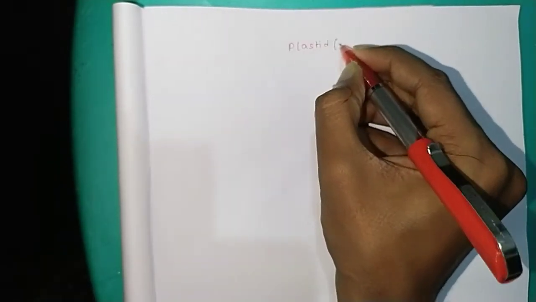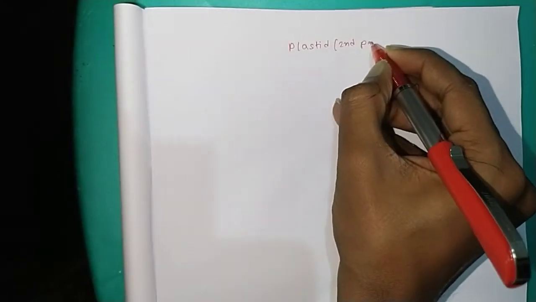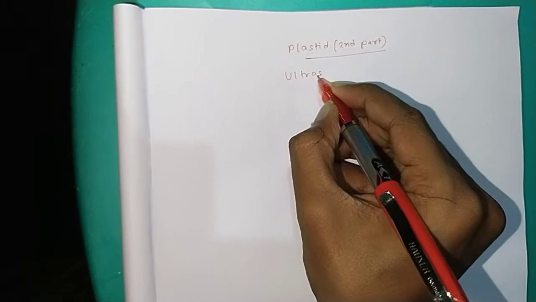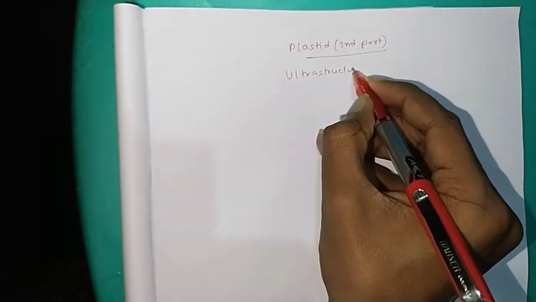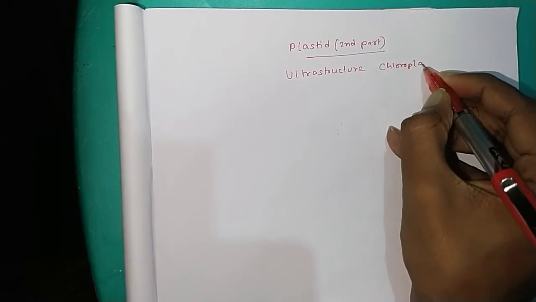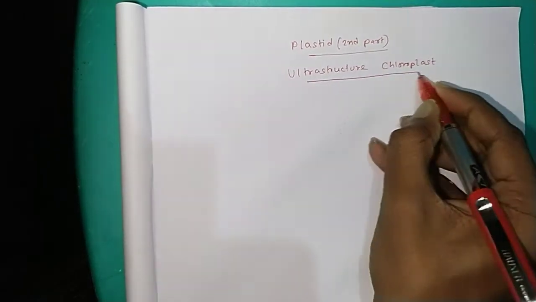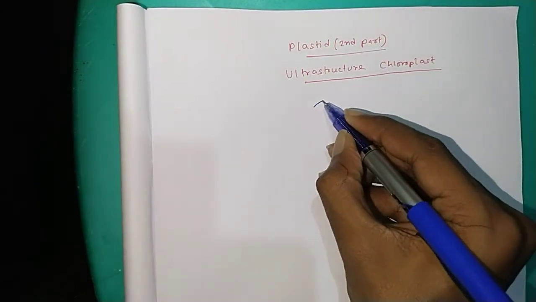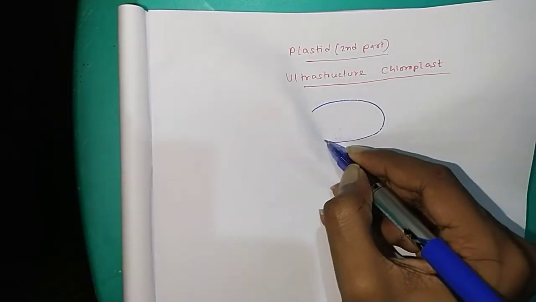This is the second part of the plastid lecture. Today we'll be discussing the ultrastructure. Okay, the ultrastructure of chloroplast, which is very important. Now, if we talk about the ultrastructure of chloroplast, roughly we will have